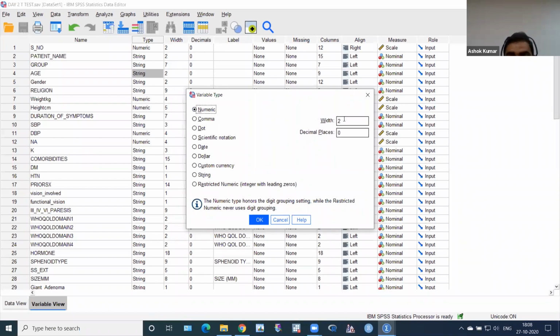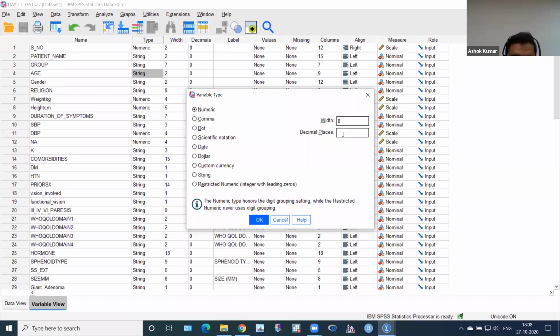And you can see this is the width of that column. Because we know that age is only 2 numbers, because we have selected 18 to 80 years. So age is only like 2 numbers. Okay, 18, 26, they all are 2 numbers. So width is 2. If I want to give decimal in any variable, I can write down here 2. But in age, there is no decimal, no need of this decimal. If I want to increase the width of this, I can click on 4 or 8, whatever I want. Generally, I took it as 8.